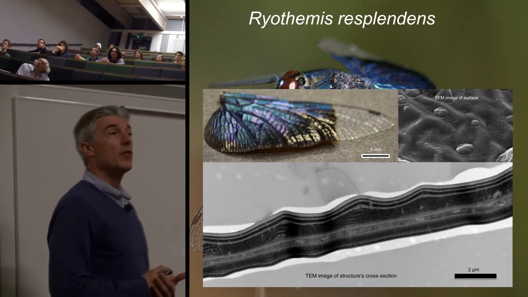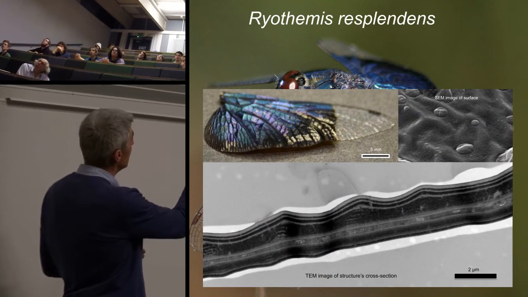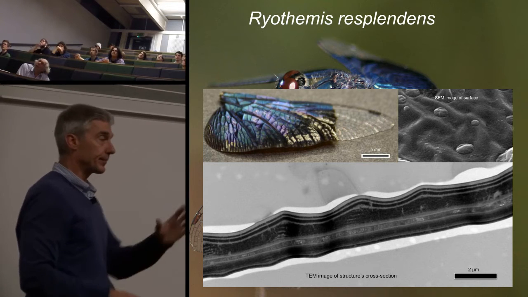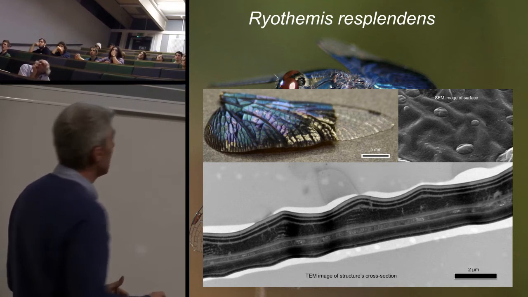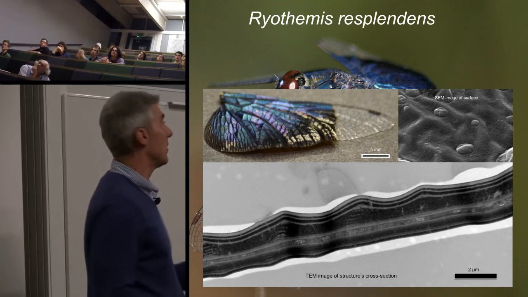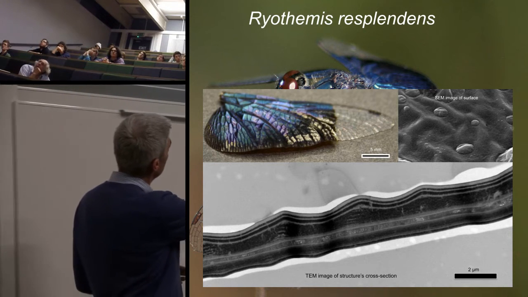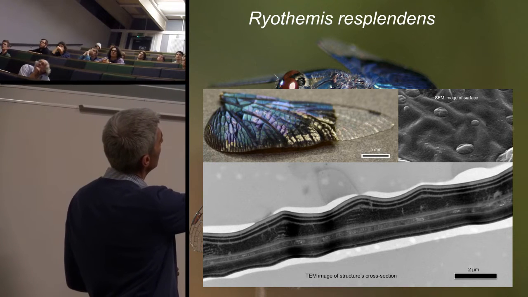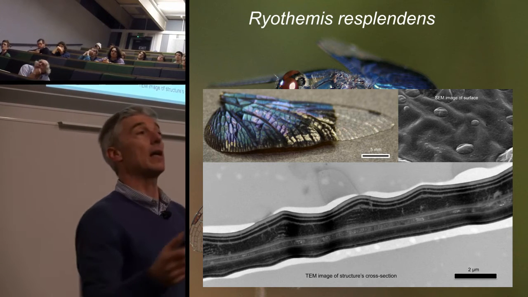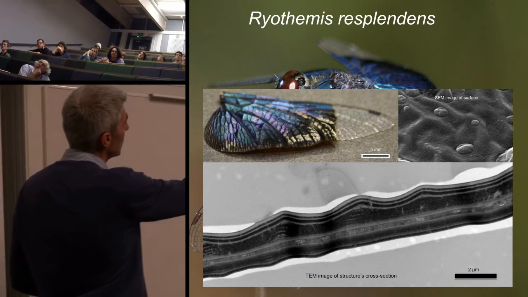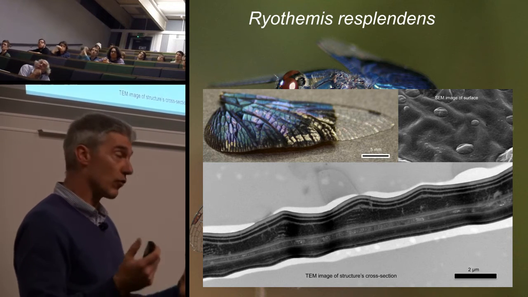Let's have a look at that periodic structure. This is the surface. I'll bring your attention to this 2-micron scale bar. This is very small. This is an electron microscope image of the surface. Here is another electron microscope image, but this time of a cross-section through this surface. So all of these wrinkles here correspond roughly to the wrinkles there. This isn't that sample, but it's an analogous sample. Look at the layers. We have layers going down in, and those layers produce the structural colour.